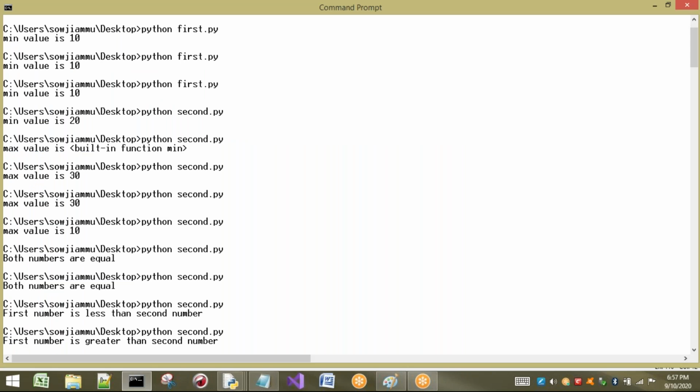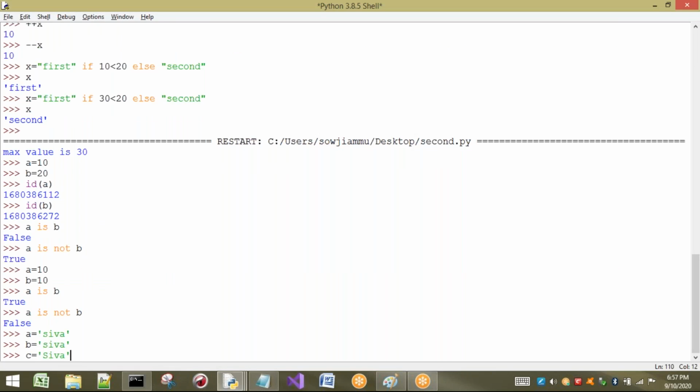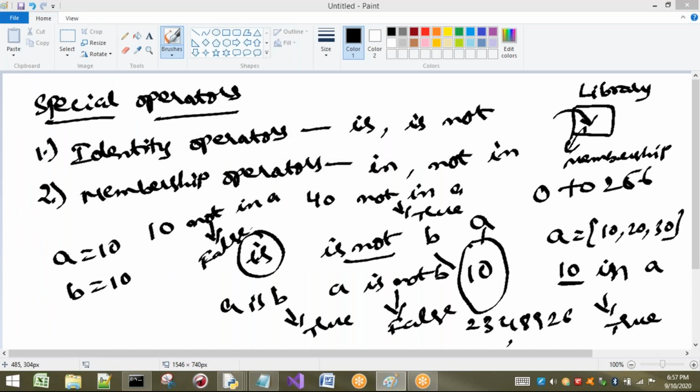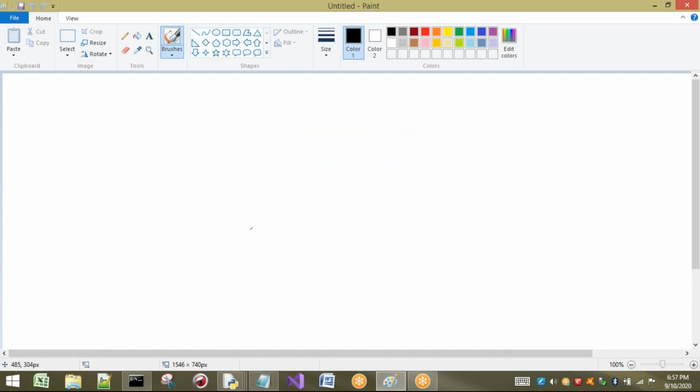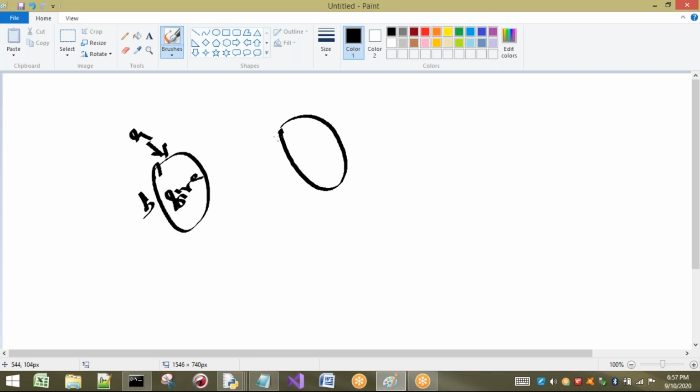That is what we can observe here clearly, because this concept was already completed when I discussed strings. So what is going to happen here? One Shiva object is created, which is pointed to by A and B, and one more object is created with capital S, which is pointed to by C. Now the address of A and B will be the same, the identity of A and B will be the same, and the identity of C is different.